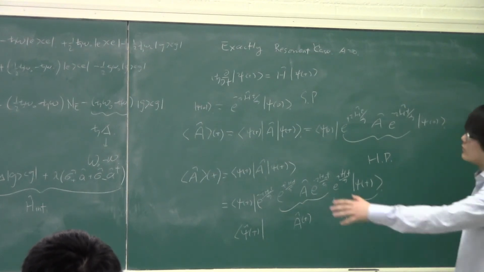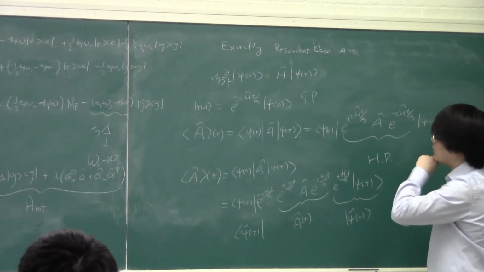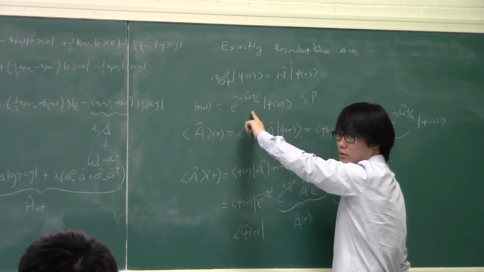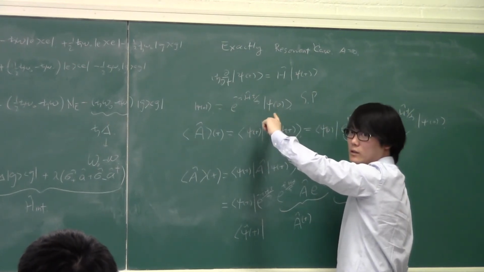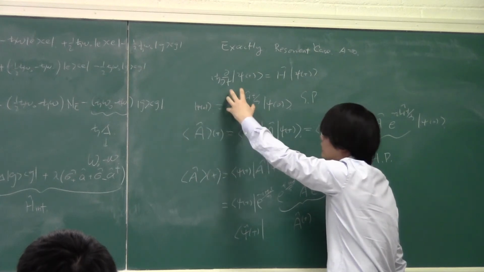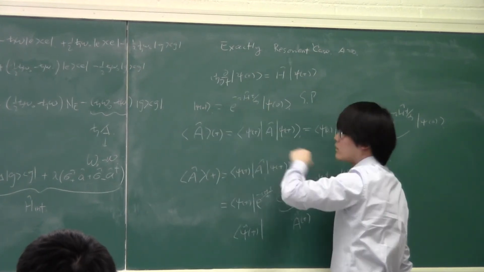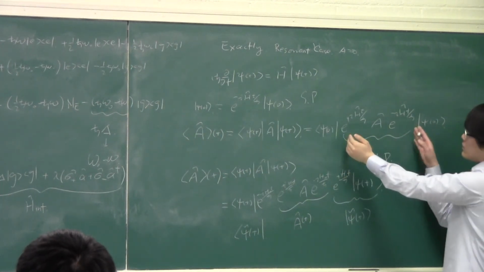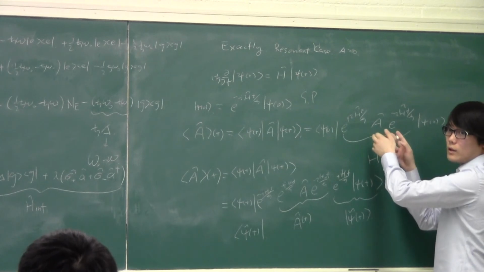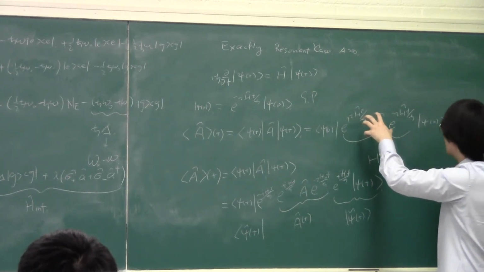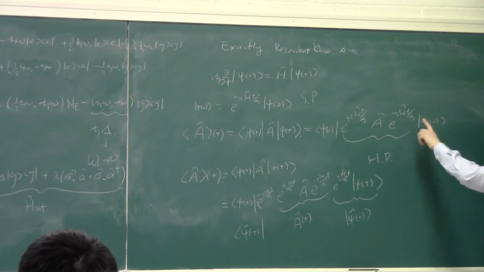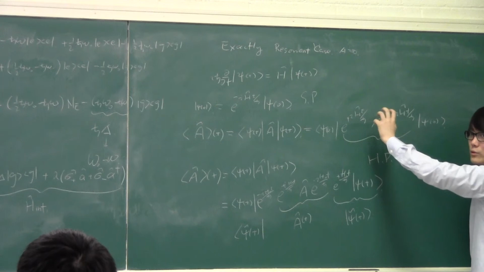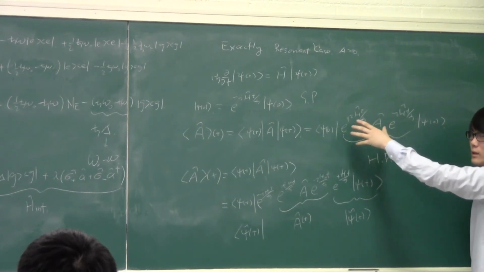So let me explain this in more detail. In the Schrodinger picture, the state evolves using the total Hamiltonian, from the initial state to a state at time t. And the evolution is generated by the total Hamiltonian. In the Heisenberg picture, everything is the same, except that we're going to attach time evolution to the operator. Okay? And the operator evolves. And you basically take the initial state, and to find the expectation value, you find the operator that evolved to that time, and then you take this